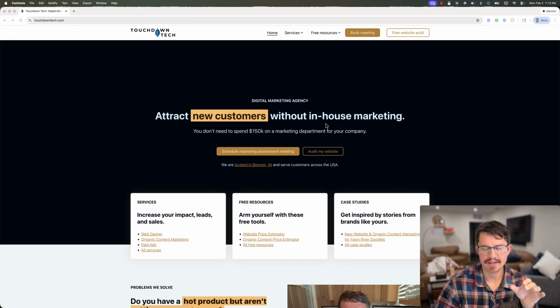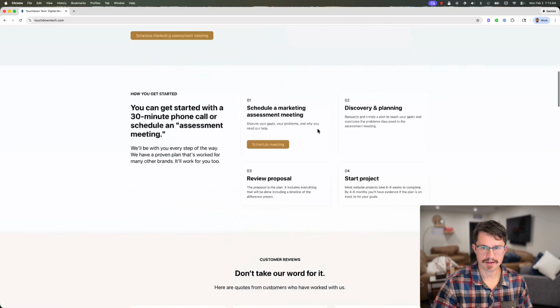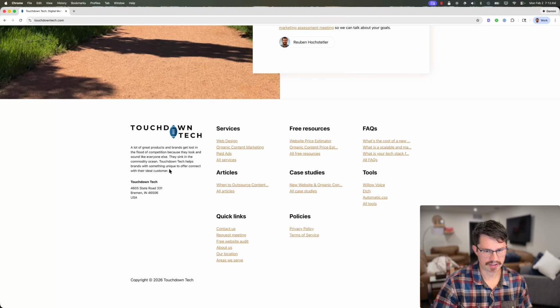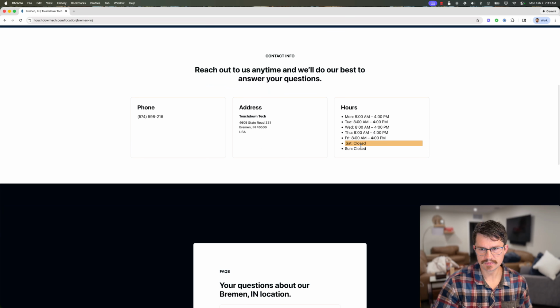So the problem I'm having is I've got a list of hours and I want the current day's hours to be highlighted so that when someone's looking at it, they can easily see, oh, that's today. I have the hours currently just on my location page, and right now I'm not logged in, so we'll see the cached version. If I go to our location, I can see that it's highlighting Saturday, but we're actually on Monday. And if I log in,